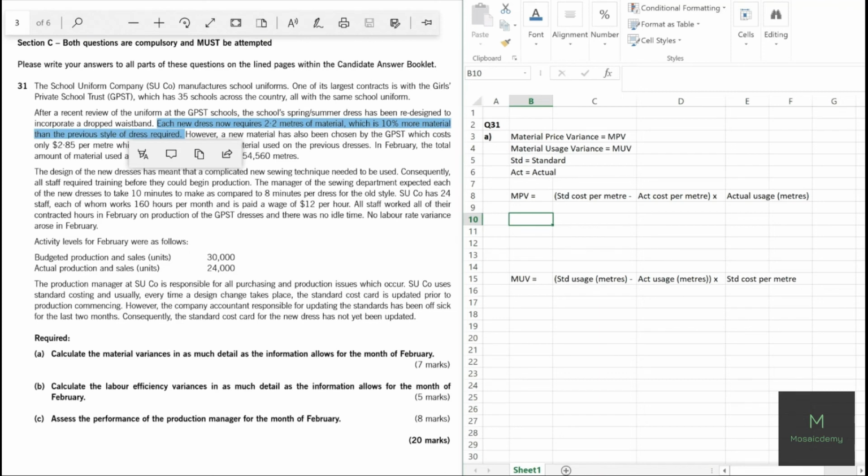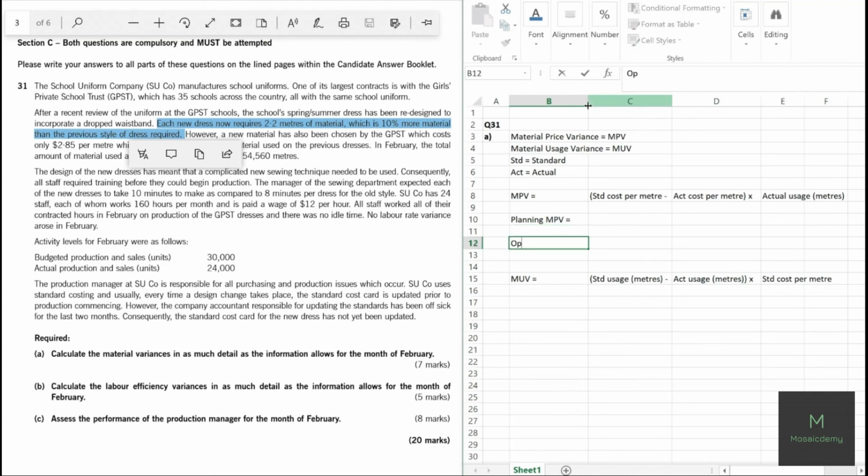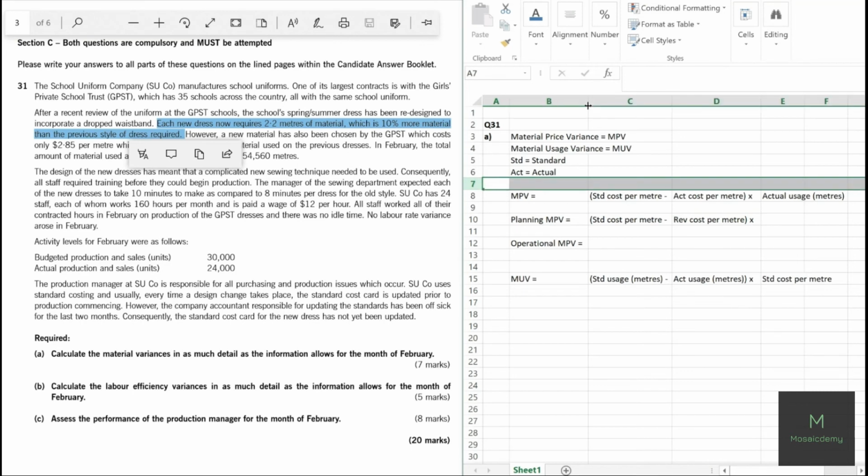So we have planning material price variance, which is equal to, let's just drag this a bit, right? And we have operational material price variance, which is equal to... So planning, what do we do? We compare the old standard to the new standard by replacing the actual amount by the new standard revised amount wherever necessary in the formula. So this will remain the same, but this actual amount will become the revised cost per meter, right? So we have another shorthand, so let's just mention that above,